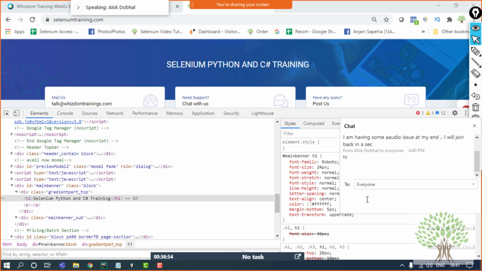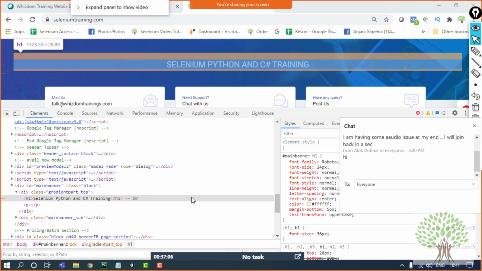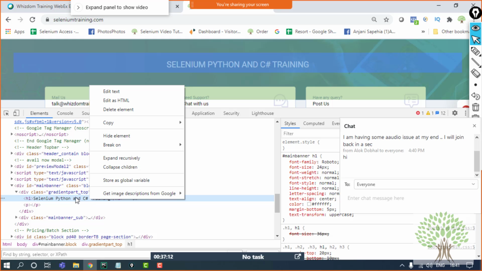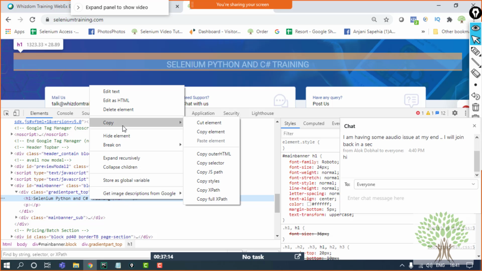No issues. So I was just saying that it's not like you always have to make the XPath on your own. You have tools available to make the XPaths. Like on Chrome, it's not a tool, but it's just a facility that has been provided. You can just right click over this highlighted part, go to copy, and at this copy point you will get a number of options.